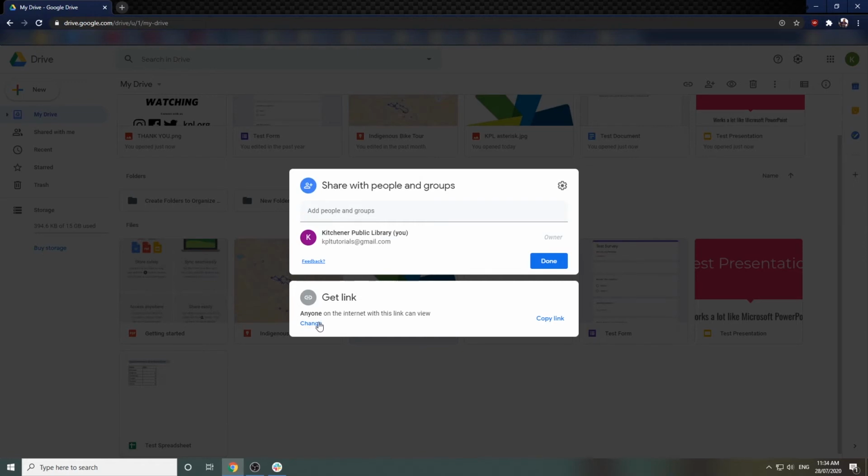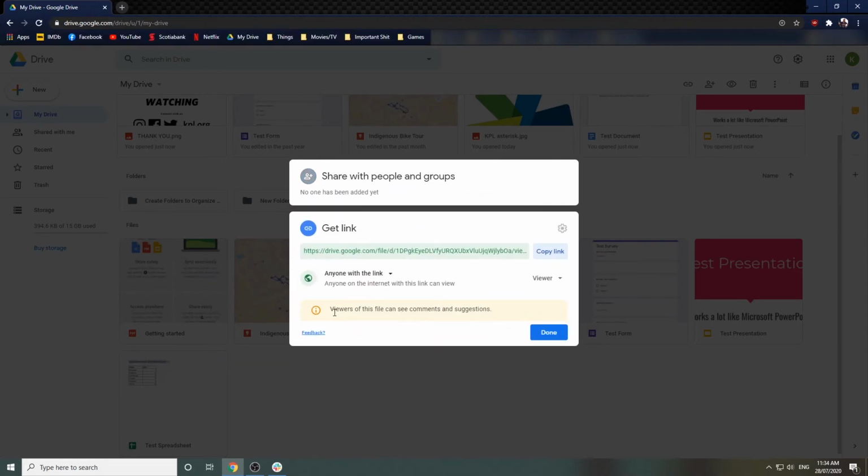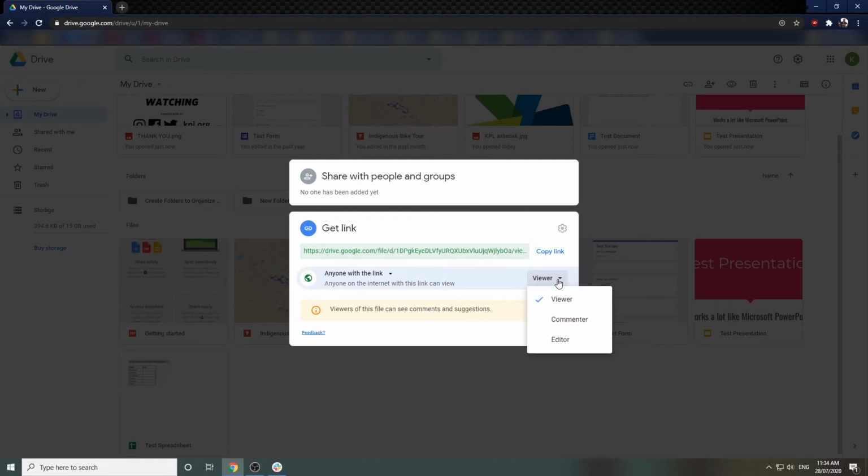With a shareable link, anyone who has the link can access your file or folder. Consider the privacy of your file and know that if the link is reshared, new people will still be able to see your file. You can choose whether or not you want the person you are sharing the link with to be able to edit or comment on the file or folder. You can always change these settings later if needed.